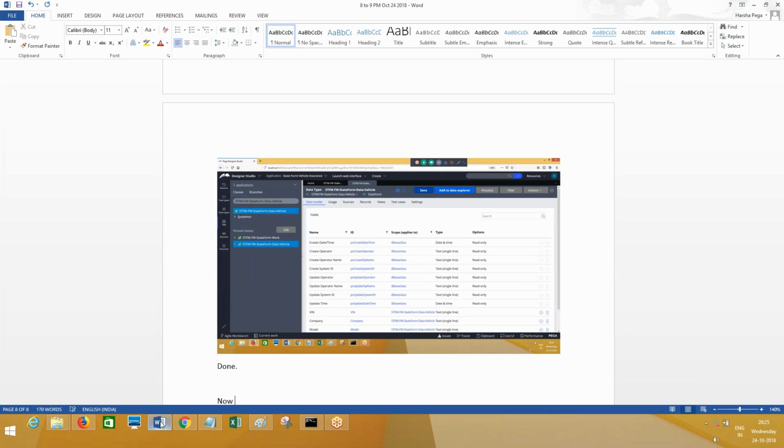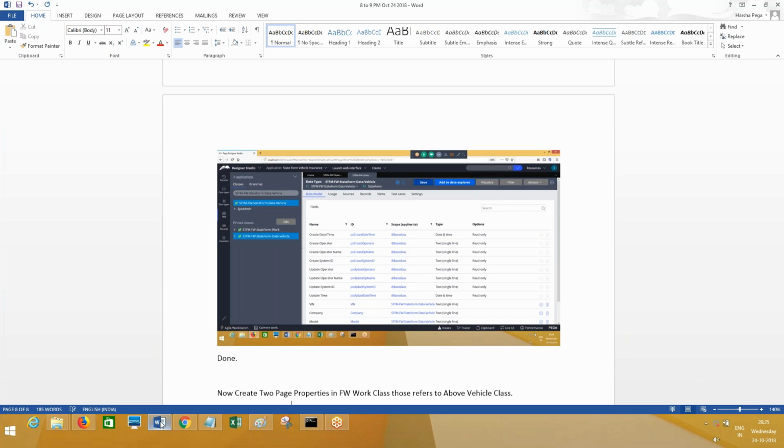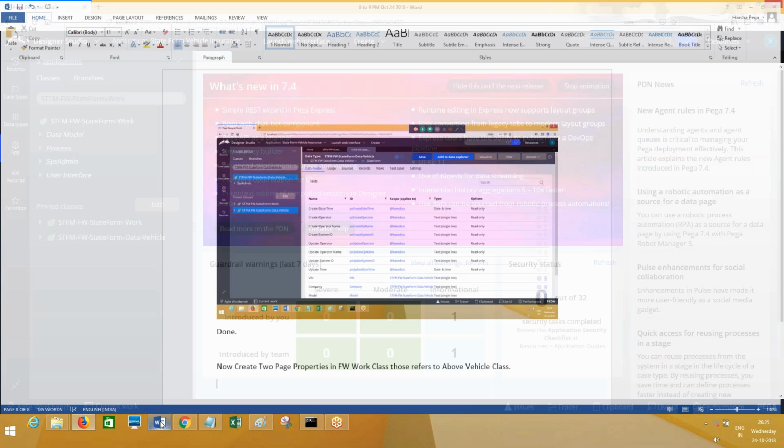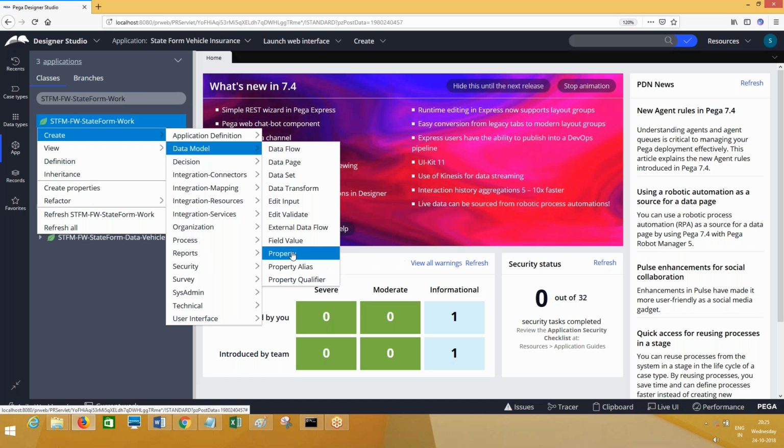See, now create two page properties in the FW work class. Those refer to the above vehicle class. Now look at here. I'm going to create two page properties. Create data model property, same navigation as property.